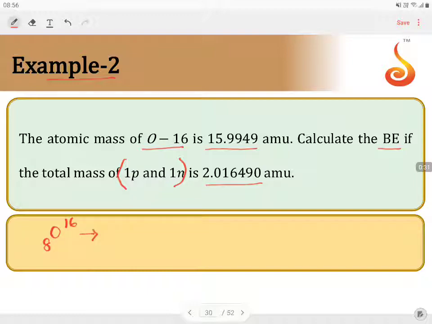So this has 8 protons, 8 neutrons. This is going to be the data from 8O16. So whose mass will be equal to 8 times the proton plus neutron will be the theoretical mass. This becomes the theoretical mass. If I say, what will be the theoretical mass? 8 into